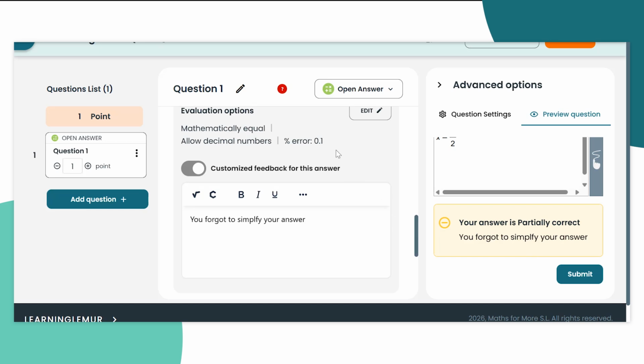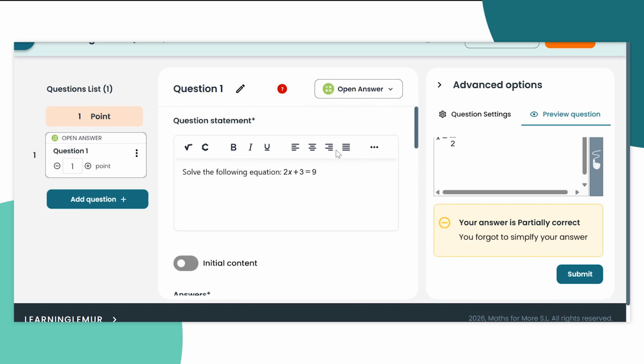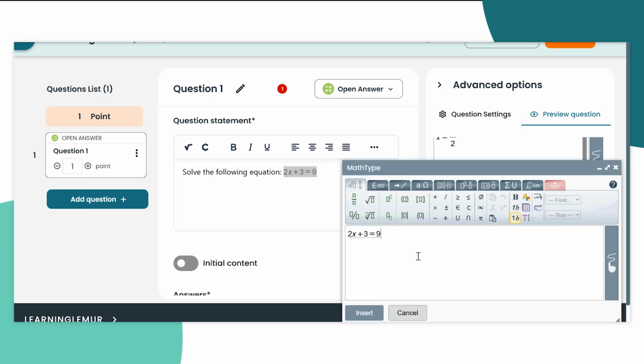Now, let's imagine we are interested in randomizing the values in the statement so that each student sees a different equation to solve. To do so, we simply have to change the numeric values of the equation in question to ones with random values. Here we'll use the random values A, B, and C. We insert the new equation,